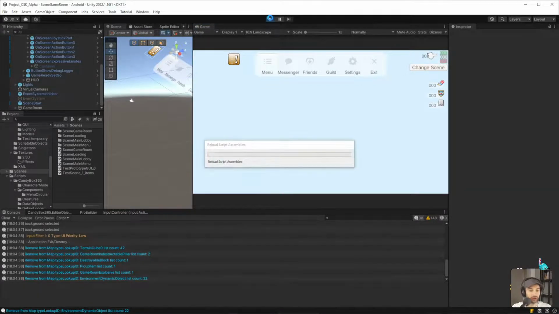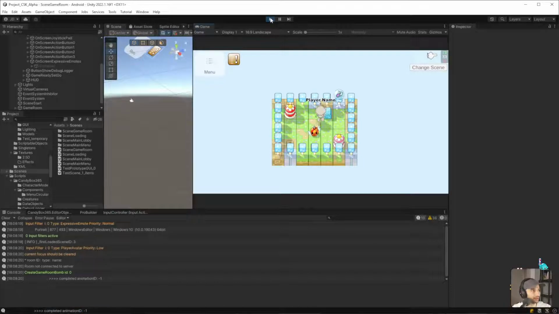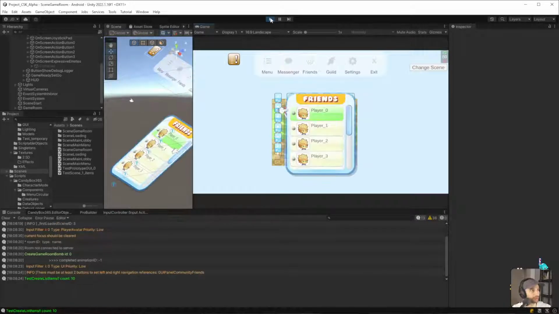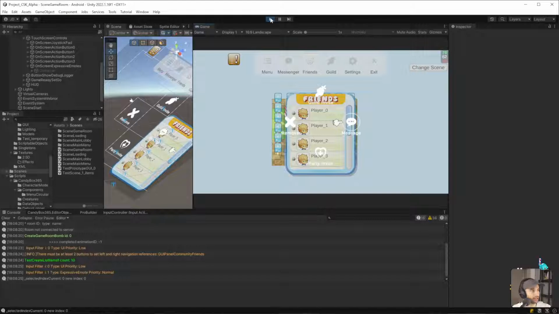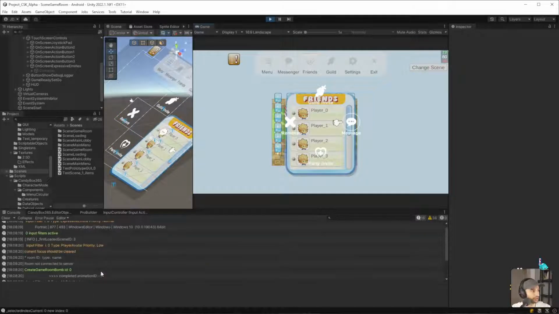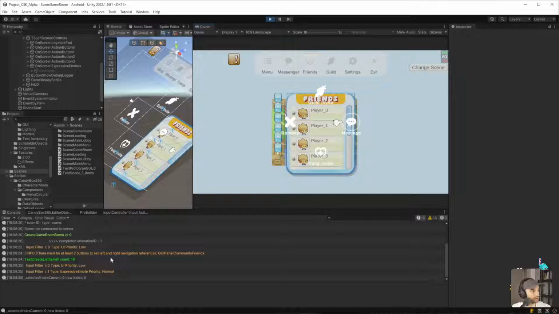Okay, so let's go ahead and run it. Okay, we go to friends, click, and so it came in front, but I didn't see that output at all. So it is null.